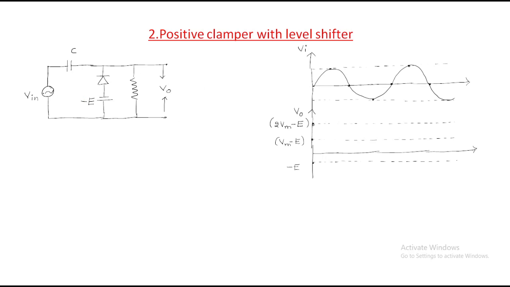Look at this same positive clamper circuit, but it consists of the level shifter. This is the load, and the operation is the same as the positive clamper, but by adding the level shifter it will shift some level. So before drawing the output waveform, first we will look into what happens in the circuit when the diode is on, and when the diode is off. First, when the diode is on,